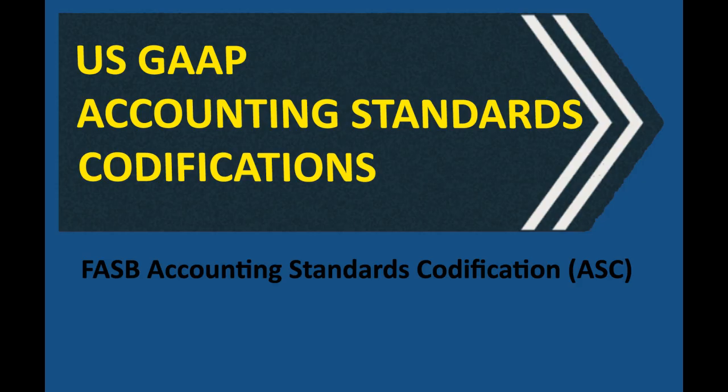Exactly. You'll see those indentations marked with the greater than symbol, sometimes with little dots before it to show the level of hierarchy. So, for example, you might see a heading like Statement of Financial Position Classification of Income Tax Accounts, and then indented under that you might have Deferred Tax Accounts, and then indented even further, Deferred Tax Accounts related to an asset or liability. It's all about that logical flow of information.